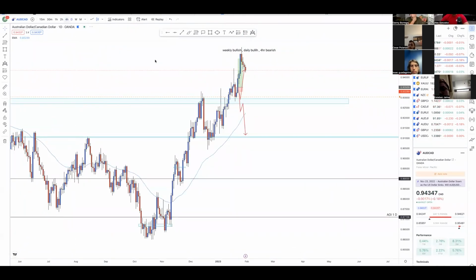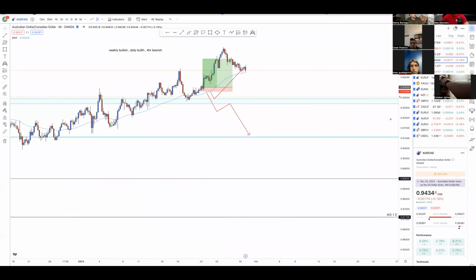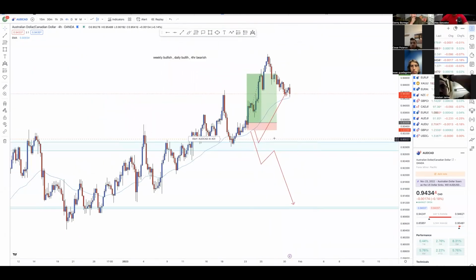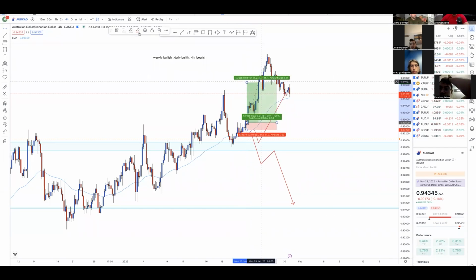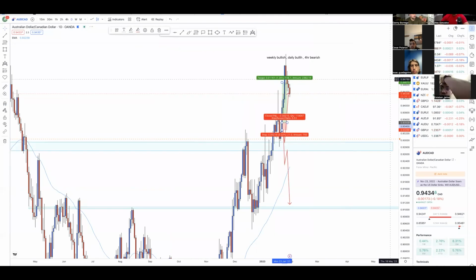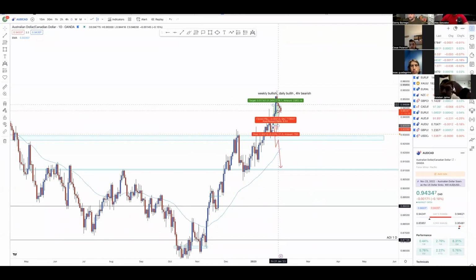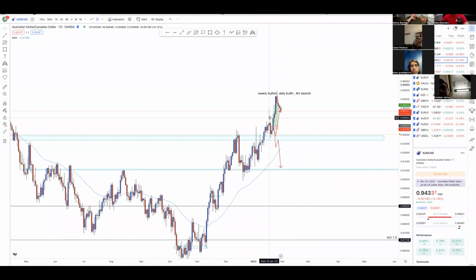For AUD CAD, that was a very risky trade. It didn't come back to the exact area that I wanted. It closed a little bit earlier than I wanted, but it is what it is. I actually ended up closing around here because I was seeing this pullback and didn't like how it looked on the daily. It looked like a wick was going to form like this one, so I got out a little bit early. But for this upcoming week, personally,